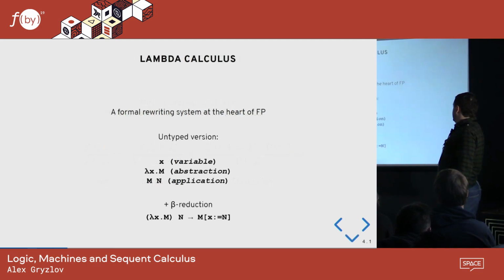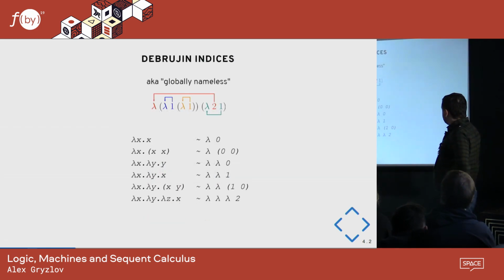So what does this have to do with functional programming? Let's take a look at lambda calculus. If you've been to the talks today, there were already a couple of talks explaining this, so I probably won't go into detail to save time. But basically there are these three constructors, and there's this rule for reduction, which is usually called beta reduction. If you apply something to a lambda, you substitute the argument for x in the body.